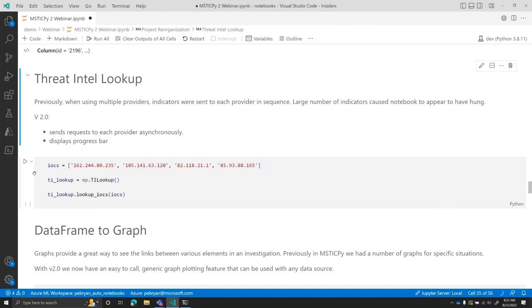So one of the things we implemented in version 2 is the ability to asynchronously query providers, so that where we've got multiple threat intelligence providers, we're not having to wait for one to complete before we start the next. We run them all at the same time. This vastly improves the speed of the lookups, particularly when we're doing large volumes. But we've also added in just a simple progress bar